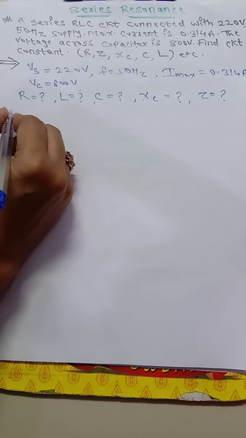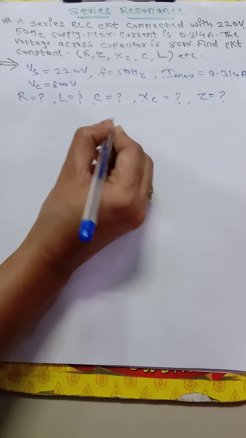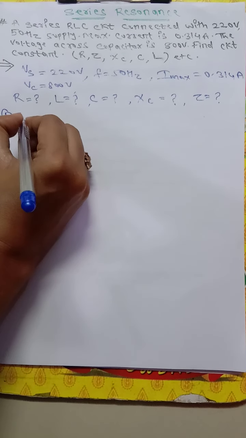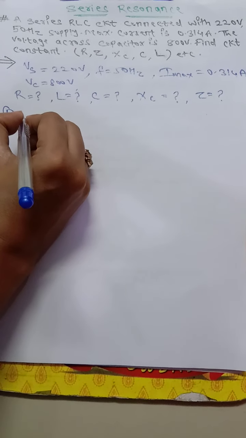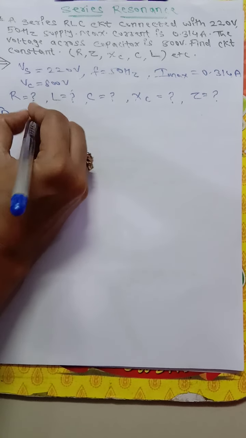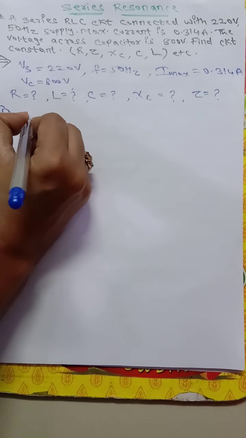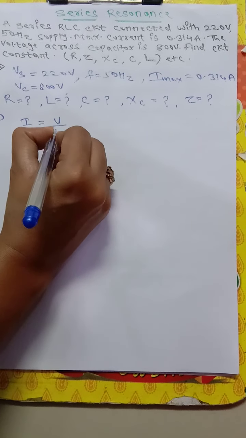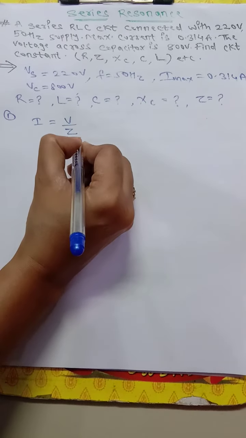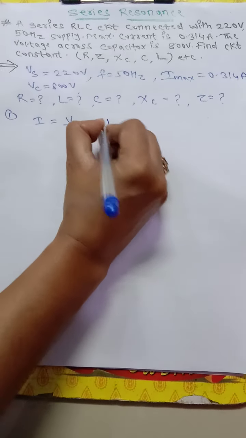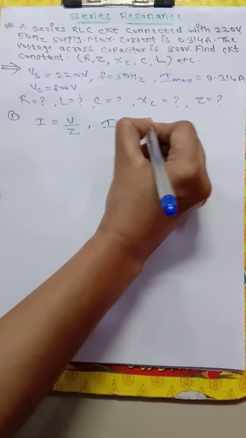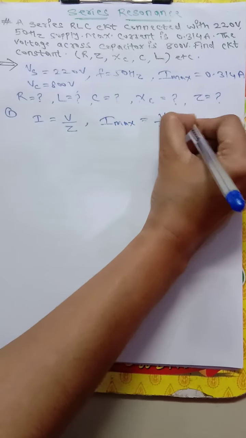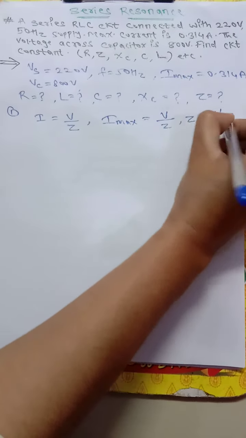How can we do it? At resonance. Note down the condition at resonance. First, as number one, the resonance frequency of 50 hertz is given. So what do you need to calculate? The impedance. How is that possible? We know very well I equals V by R or V by Z. So here we can take V by Z. But which current is this? This current is the maximum current. So you need to note down the max term, that is important. I max equals V by Z. But here we need to calculate the impedance, so Z equals V by I max.